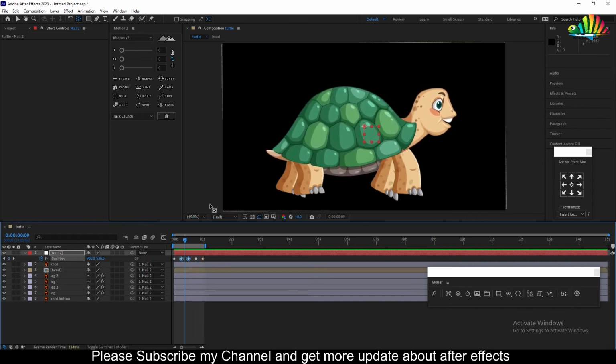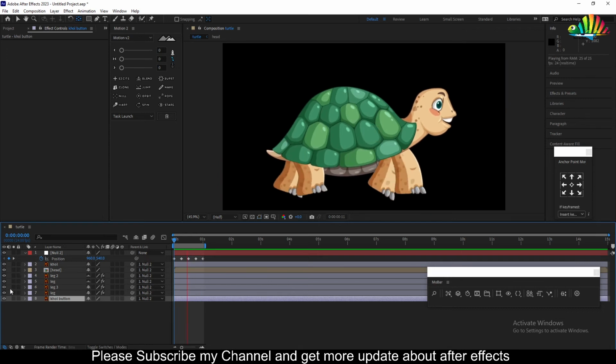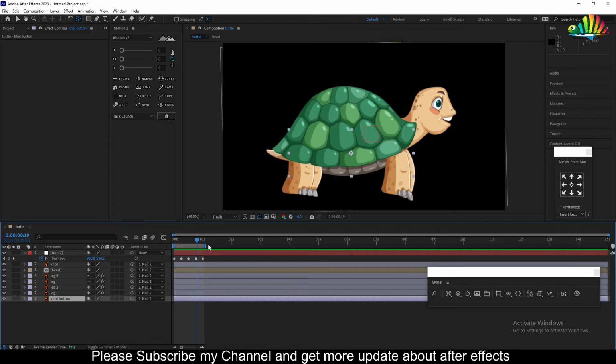And the thing is the leg. As you can see, this leg is inside this bottom layer. Here's the bottom. It's perfect, so no problem. Okay, so my animation is done. As you can see, my animation is done. So all I have to do,